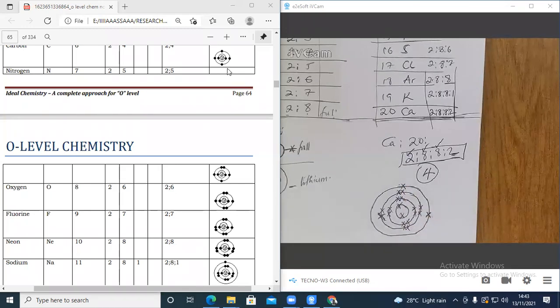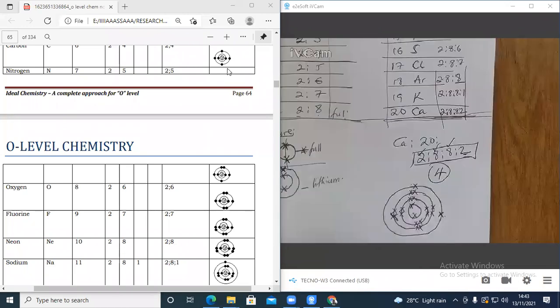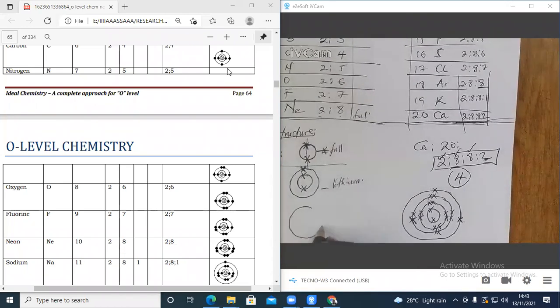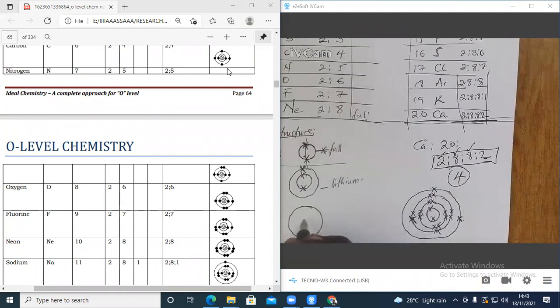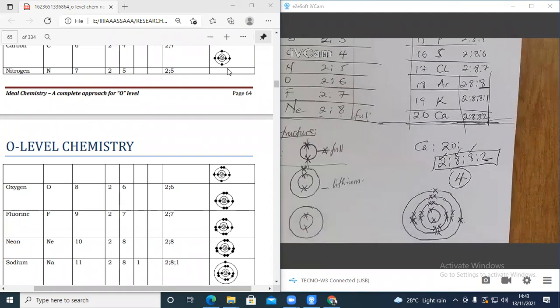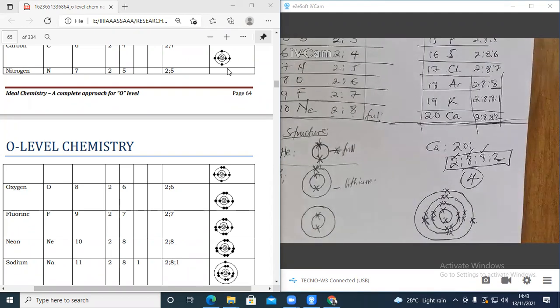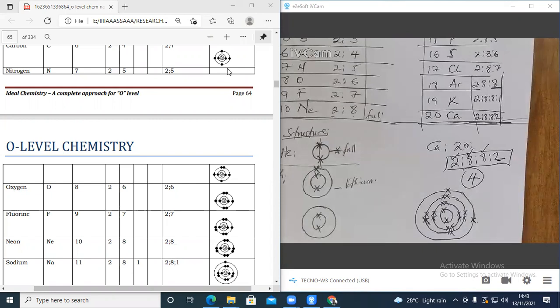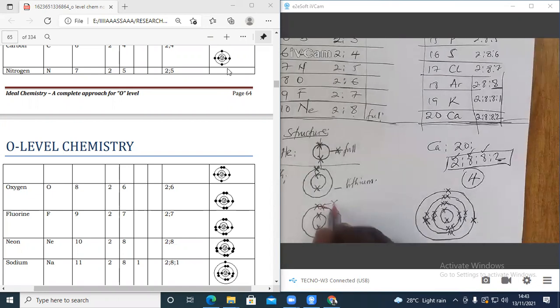Now, if there are supposed to be 8 electrons on the second shell, this is the second shell, these are 2. If there are supposed to be 8, this is the rule you're supposed to follow. You are not supposed to first fill maybe this one and then add another one here like this. You add one, let me use the red pen, add this one here like this. This is already a wrong statement. You are supposed to first fill the first